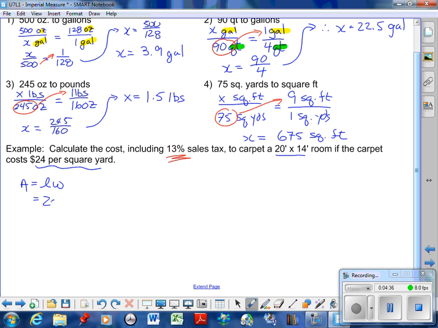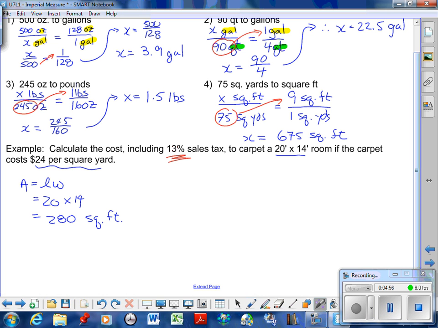So we end up with 20 times 14. So we end up with 280 square feet. I keep wanting to say FT squared, which is fine, but some of you are probably used to that notation. Okay, now the problem with this